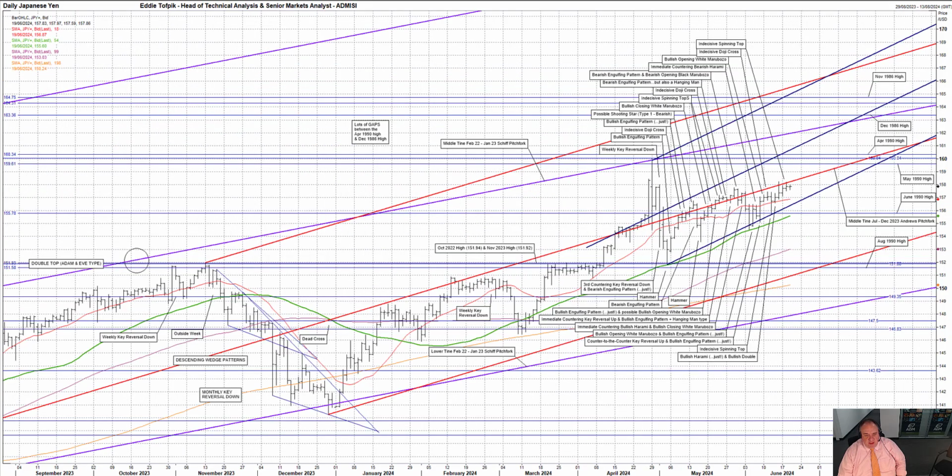US dollar against the Japanese yen. A higher but indecisive spinning top yesterday was also a fourth bullish white soldier. It was the highest close since late April. The top side was capped by the bright red middle tine, currently at 158.22, of the July to December 2023 bullish Andrews pitchfork,